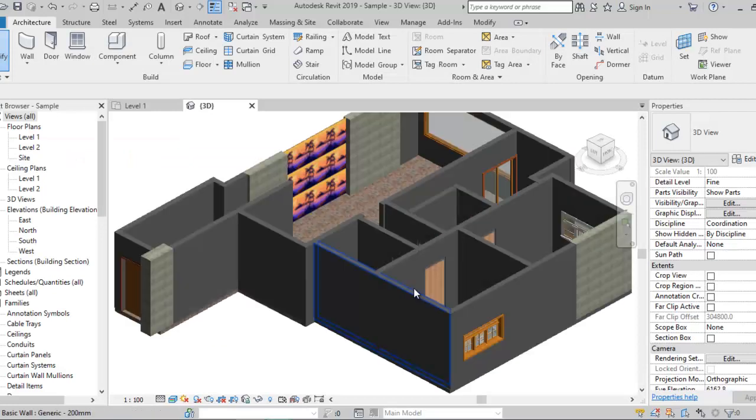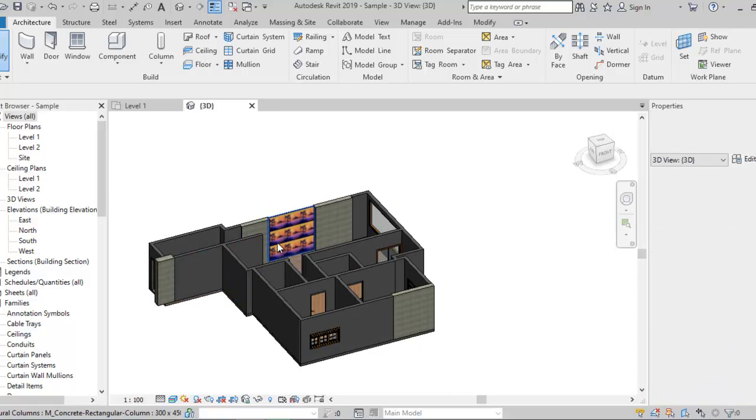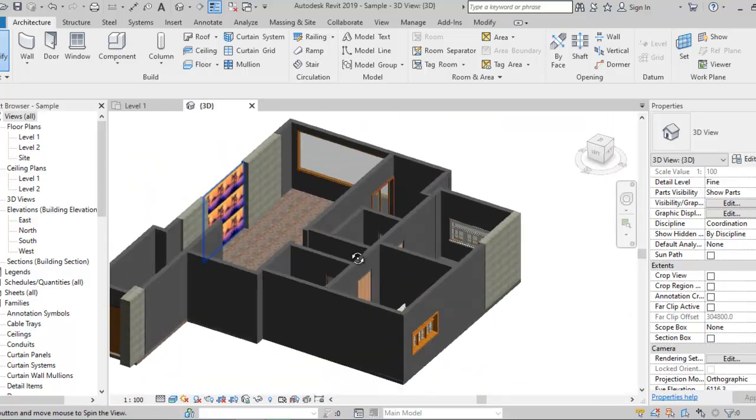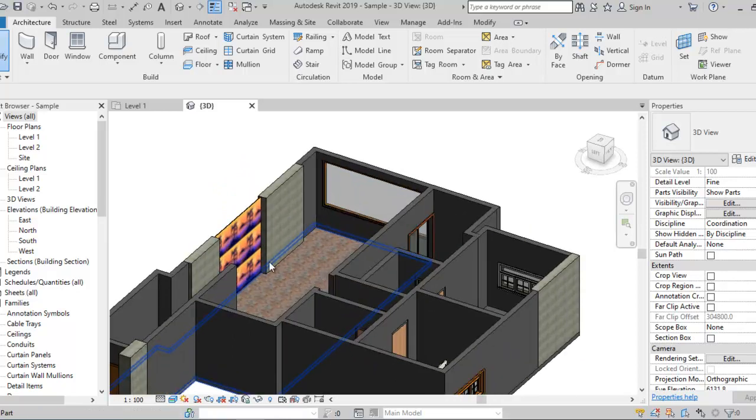Let's start. We learned before how to add a texture, how to draw a wall and floor, and how to add a wallpaper to our model. Today we are going to learn how to add a full ceiling. We are going to the elevation view,